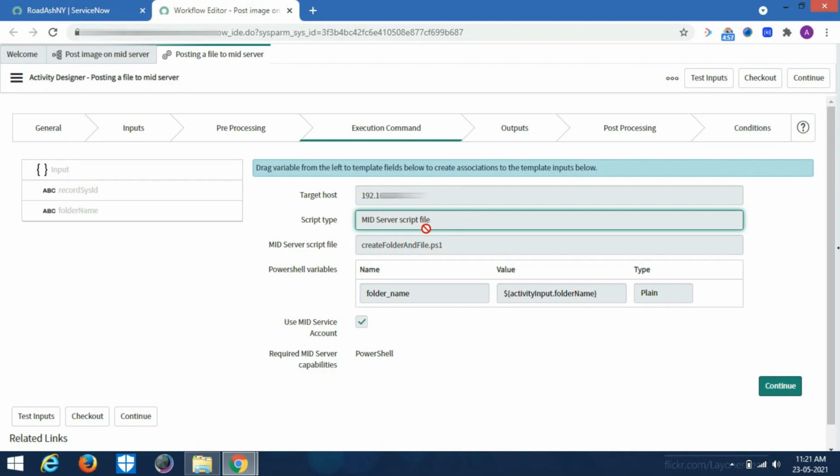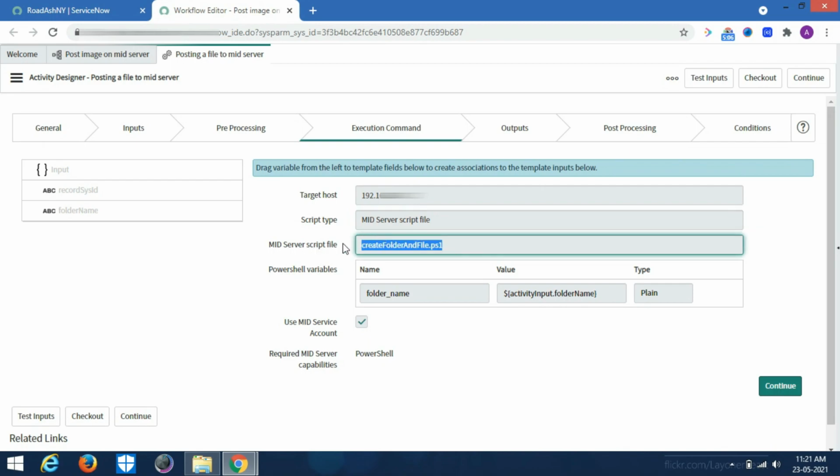When you start editing it, you would be able to select this, and the mid server script file will be a PowerShell script. This is also a reference field, and you will be able to select the PowerShell script file, but before that you need to create a PowerShell script file for this. So let's wait as I go to that part as well.